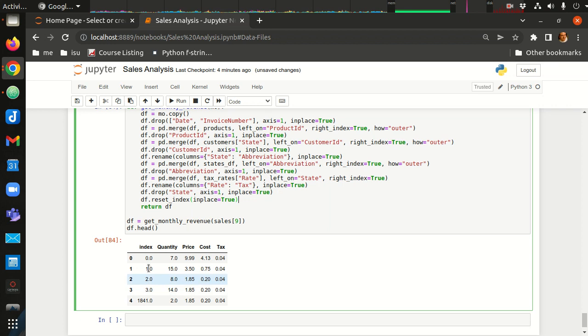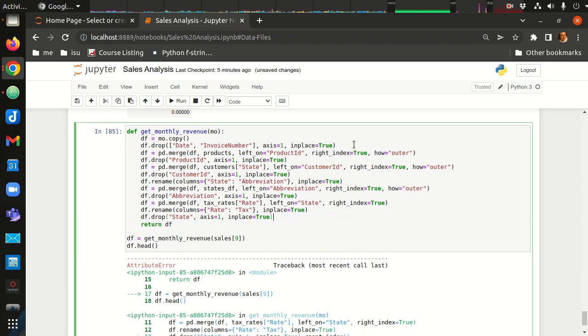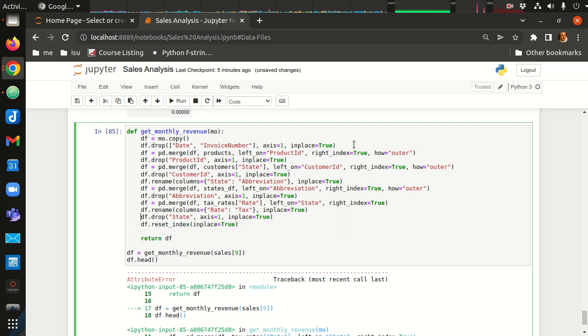So yeah, this is an aggregation from the merge. Let's see if we do reset. Yeah, because it's in place. Okay, it's not super important. We can reset the index and then drop